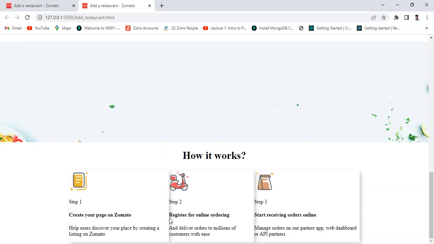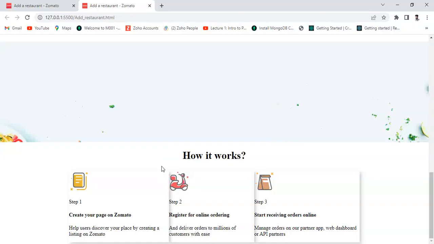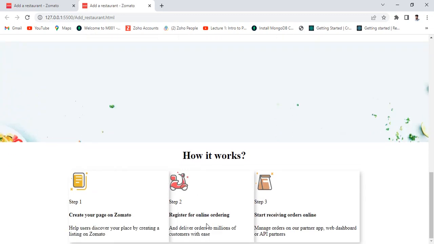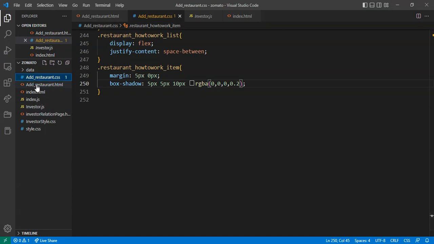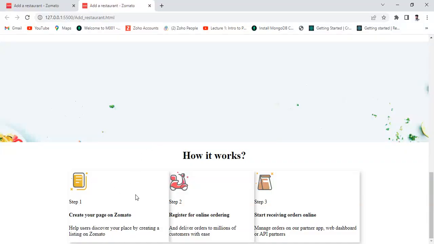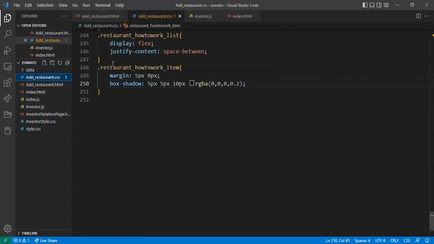And why are these not looking good? Why are these overlapping? Now let me just see. First here, come in the item. Okay, let me just come here. This is the item,